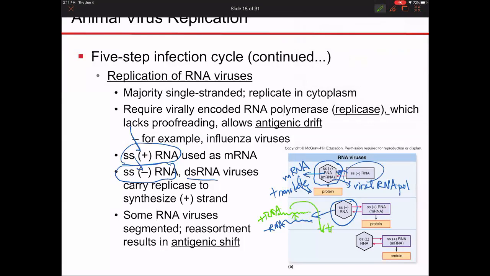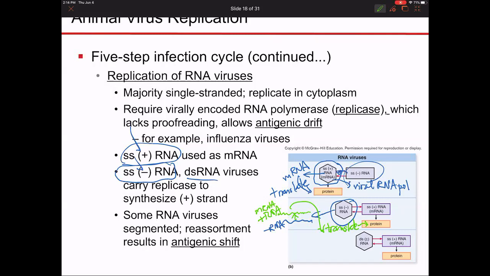So the initial minus RNA, that is the genome, is not able to be translated into a protein. First, the genome has to be transcribed to produce the complementary RNA that now can act as a messenger RNA to be translated and produce the viral